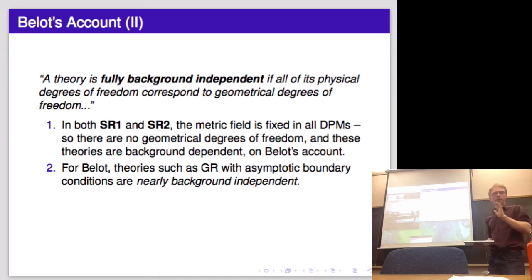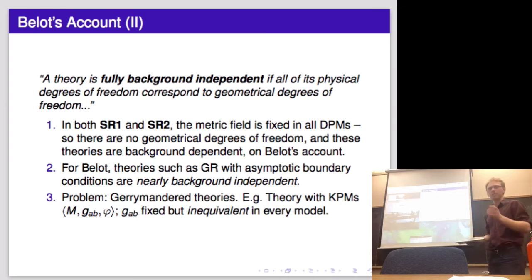So I think that Belot's approach to background independence is pretty nice, but it's worth flagging at least one problem. It seems like you can construct a theory where in every kinematically possible model, we have a fixed geometry that is different in every kinematically possible model. Then it seems like each unique configuration of the physical stuff corresponds to a unique configuration of the geometry, but nevertheless, it seems like the geometry is a fixed background in every model. So I think this kind of theory is maybe a problem for Belot. Maybe that's something that we can discuss. But anyway, hopefully this is enough on Belot for us to get by when we end up talking about dualities